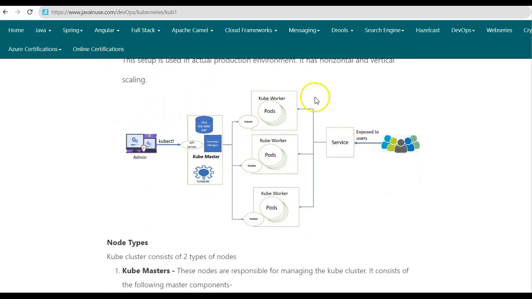A multi-node setup looks something like this. As we had already seen, a Kubernetes node can be of two types. One was the Kubernetes master and the other was the Kubernetes worker node. Here we have a single Kubernetes master node and multiple Kubernetes worker nodes. Also we had discussed that the Kubernetes master is responsible for managing the Kubernetes cluster. So it acts as an admin and it itself does not have any pods or deployment. The worker nodes are responsible for the deployment of Spring Boot application using the pods. Also here we have service. The Spring Boot application that we'll be deploying using pods will be exposed to the users using the service. So let us have a look at the Kubernetes master node and the Kubernetes worker node in detail.